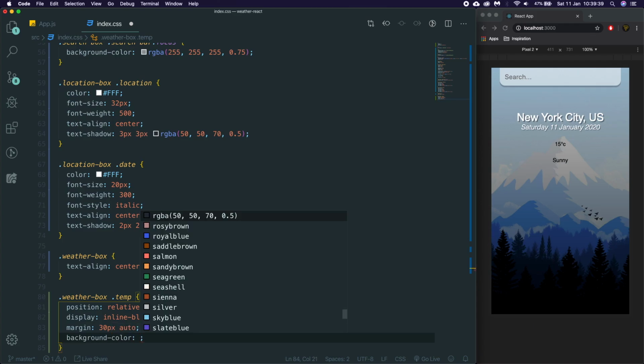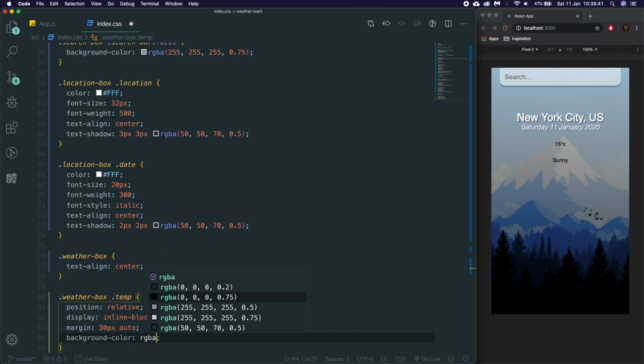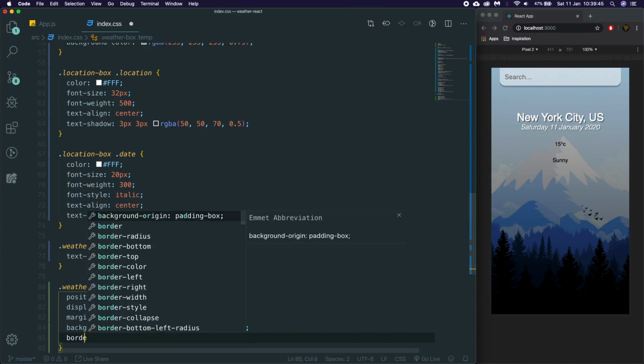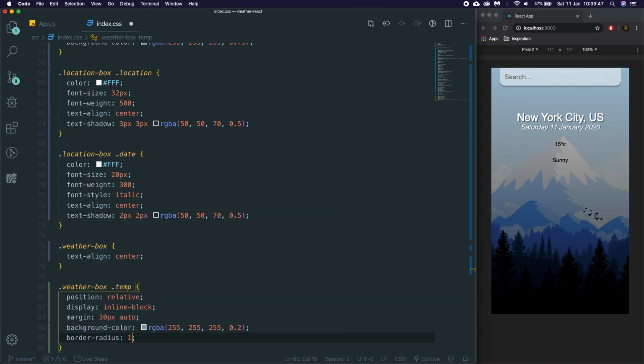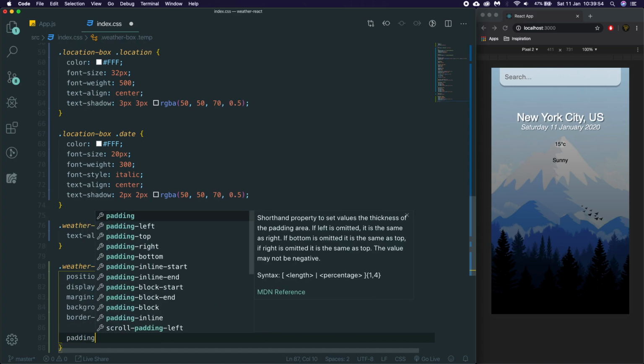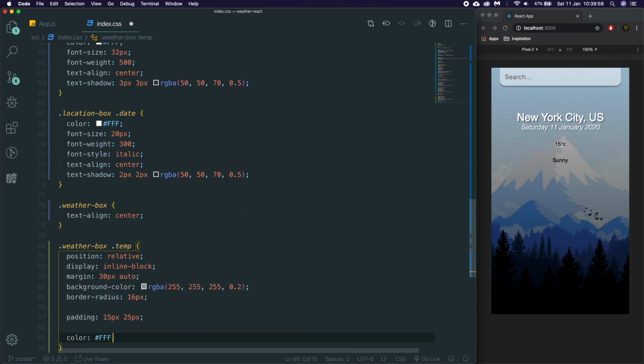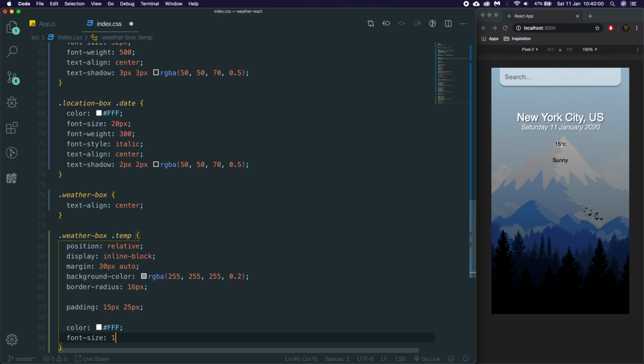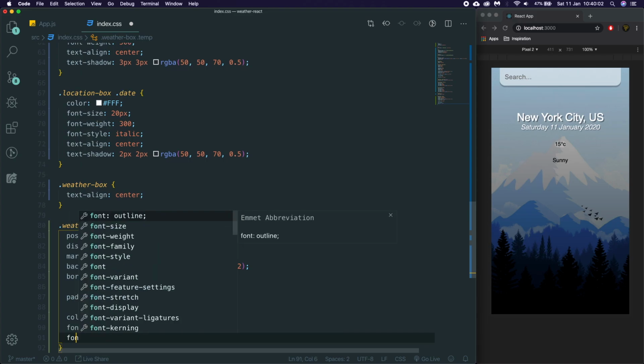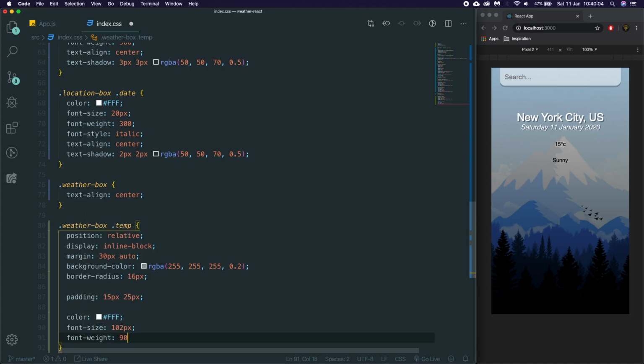And the background color is going to be an RGBA 0, 255, but we're going to set it to 0.2. We're going to give it a border radius of 16 pixels. Let's have a look at what that's looking like. It's alright. We'll give it a padding of 15 pixels, 25 pixels, a color of white, a font size of 102 pixels, a font weight of 900, and then a text shadow